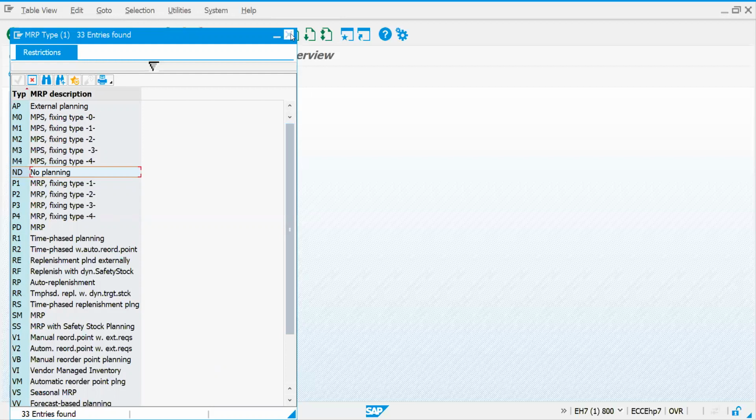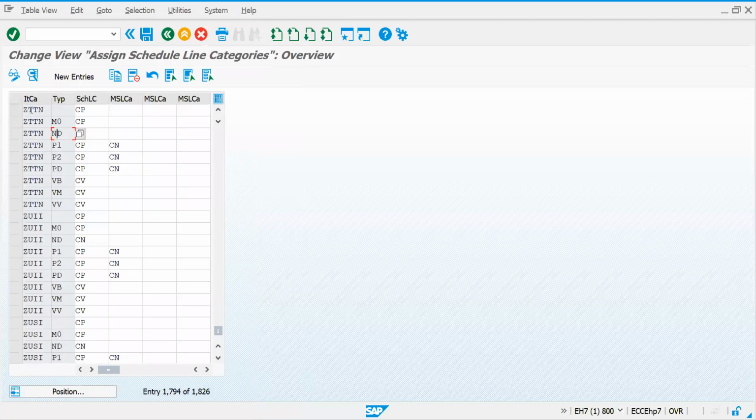Yes, I understand. Now I understand. Your item category talks about what kind of product needs to be determined at your sales order item level. Then your MRP type talks about whether the requirements need to be forwarded to your planner or not, for that particular material. So the schedule line category talks about how it needs to be delivered, or else it need not be delivered.